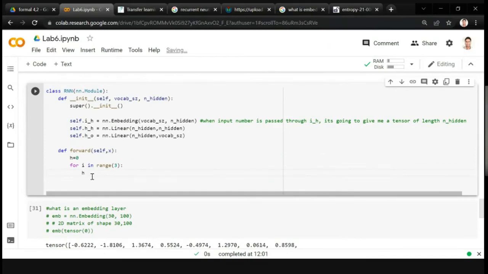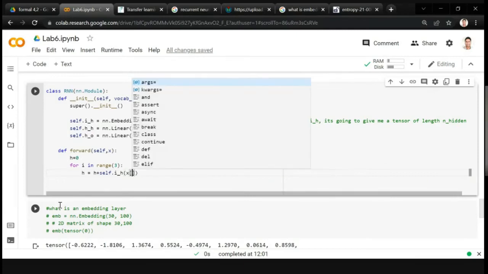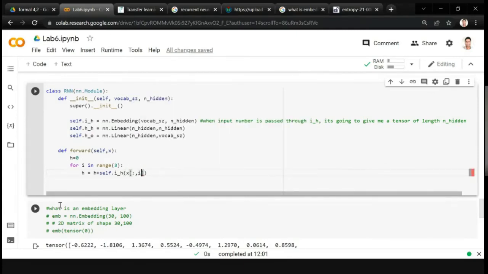So h is equal to h plus self.ih of x[:, i]. So everything comma i, which means first taking the 0th index, passing it through this hidden layer, and then h will become basically that. Once you're done with that,